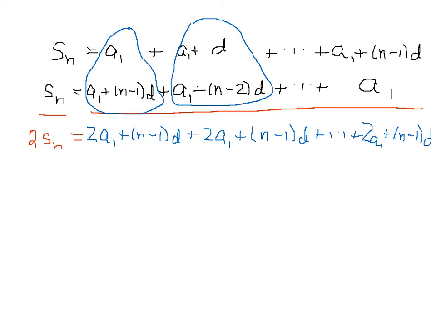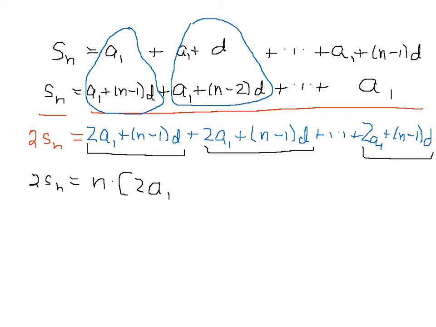So notice each of these chunks right here is the same: 2a sub 1 plus n minus 1 d. And how many of those do I have? Well, there's n terms, right? So there's n of those. So it's going to be n times 2a sub 1 plus n minus 1 times d. And remember, I'm looking for s sub n. So I simply divide by 2, and I get s sub n is equal to n over 2 times